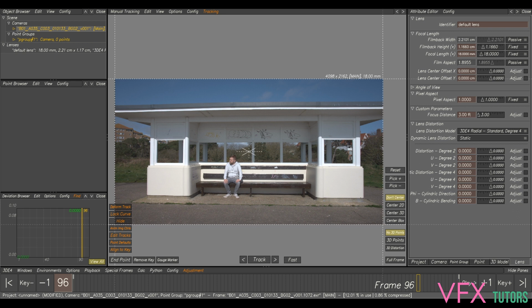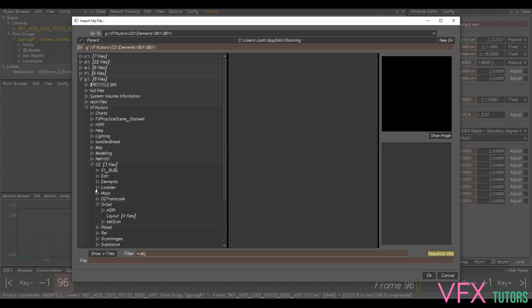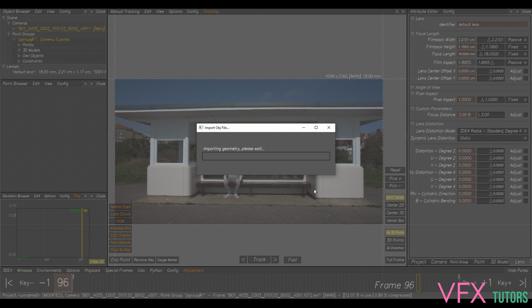So now we've got that sorted out. We don't really need to change anything else. I do have lens grids, but because we've got the scan, it's actually easier for me to just do it to the scan. So I'm just going to right click, go to models here at the top left, add new, import OBJ file. And I'm going to go to onset, layout, set scan layout, and click OK. So this might take a little bit of time. I shouldn't think so because it's not a hugely big scan, but